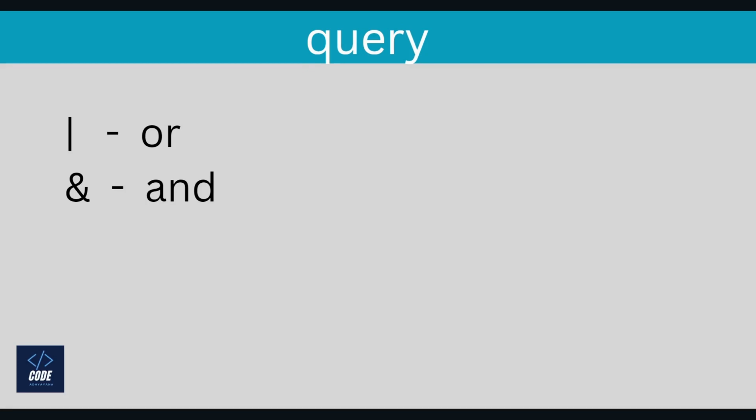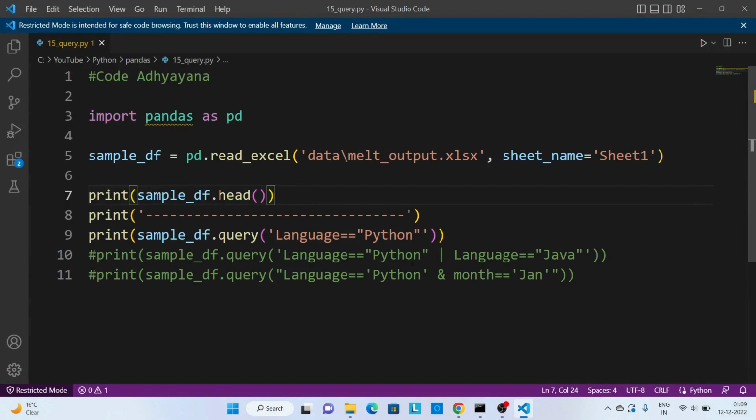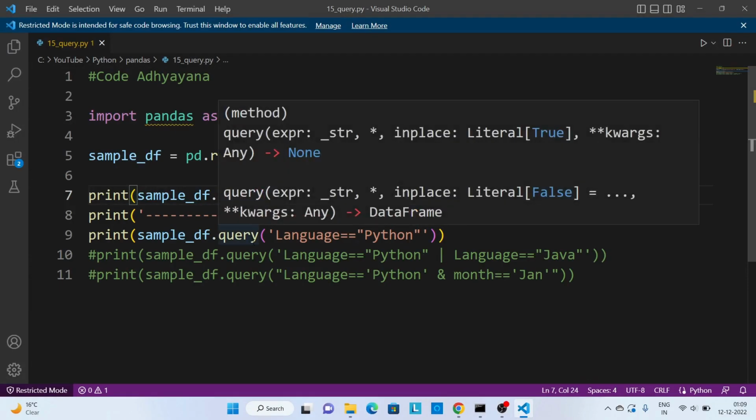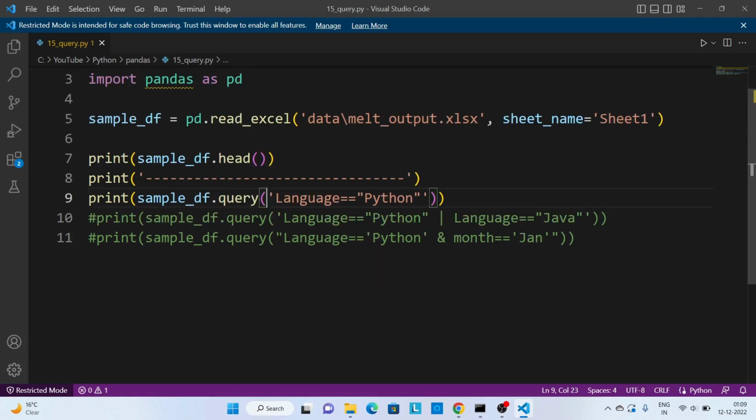So this is the last part of this video where we are going to discuss the query method. If you're familiar with SQL queries and you want to use it in pandas to filter out some data, we can use pipe for the or condition and ampersand for the and condition. So we have different conditions for filtering over here. In the first part, we are going to filter out all the records where language is Python.